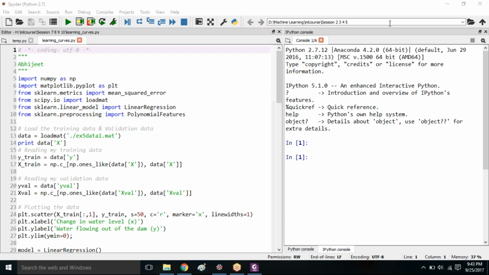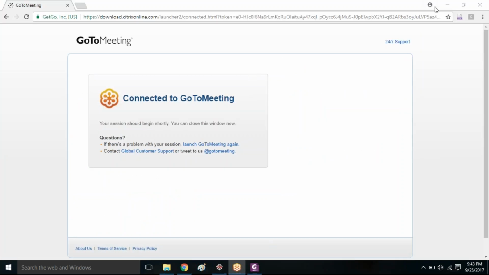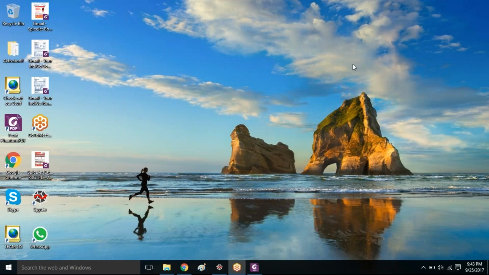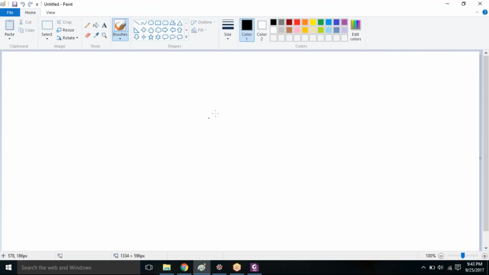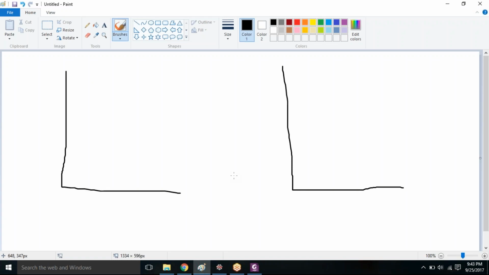Yeah, so today we have to see one Python example for polynomial regression, like how you can make a curve, I mean a fitting of a curve on the data set, and that's polynomial regression. And also we will see the concept of bias versus variance, that last time we have seen, that you can have two possibilities and we have to find a model which is between these two